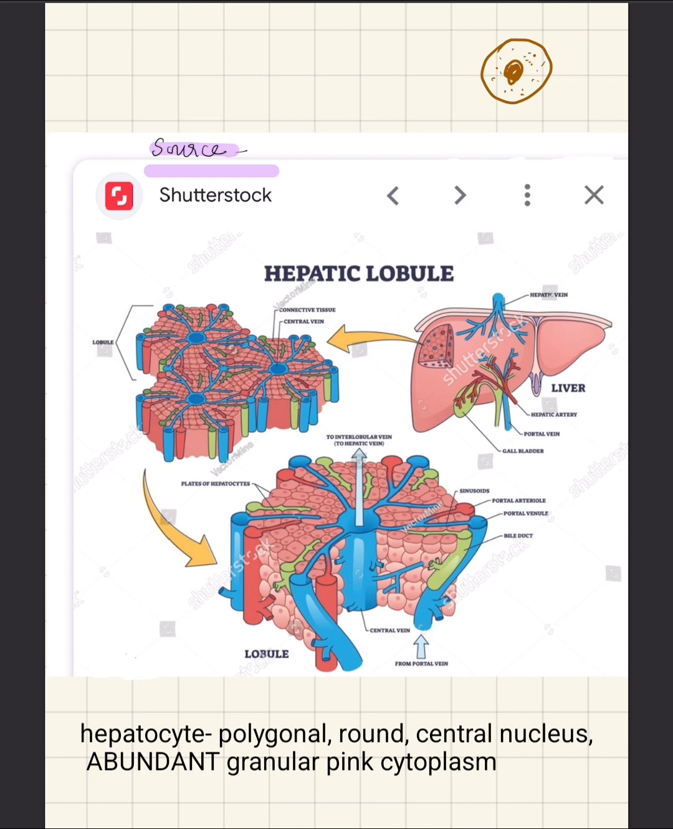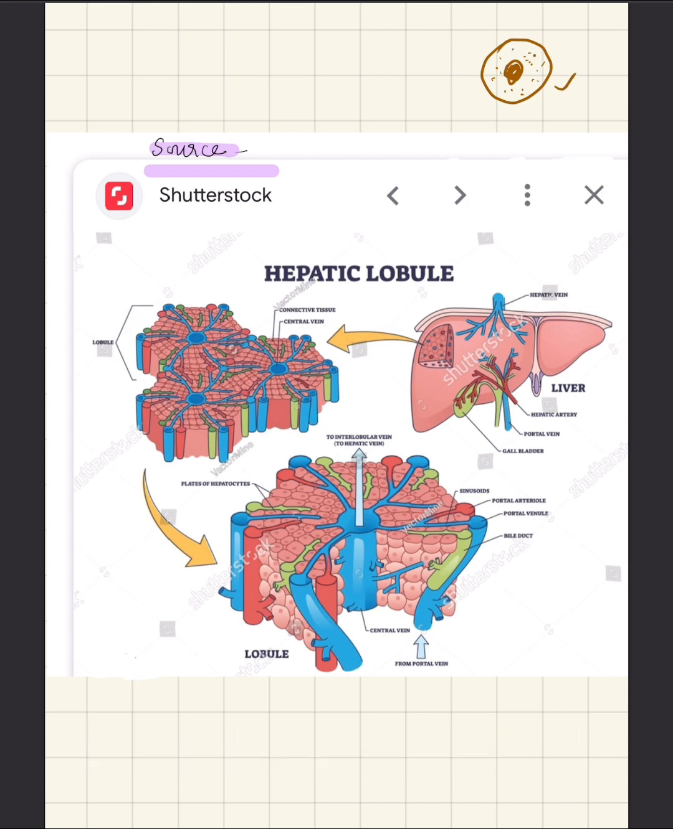So the cells have got abundant pink granular cytoplasm, and that is how we identify hepatocyte on the hematoxylin and eosin stain. So coming back to the lobule, these are the plates of hepatocytes. Now these plates of hepatocytes are separated by sinusoids. So there are sinusoids in between these hepatocytes, and in the center of this lobule there is the central vein, and in the edges of these lobules we can see there is portal triad. So there are 6 portal triads